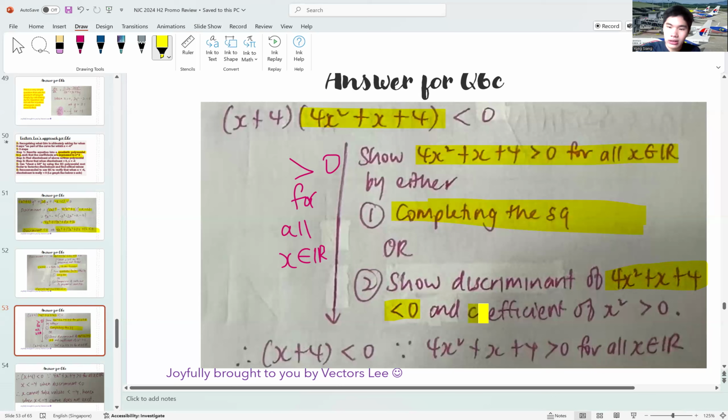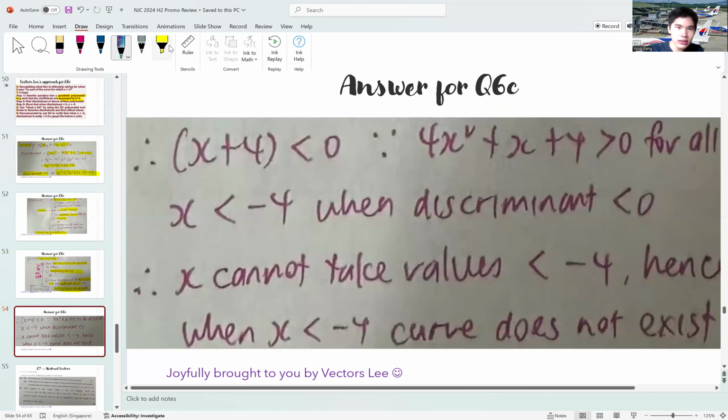And I must also show that the coefficient of x squared is positive, right? Because the coefficient of x squared determines the shape of the quadratic graph. So once I've concluded this successfully, I can safely make this claim over here. Then once I claim this, I'm just going to solve this in linear inequality. It is so simple. And then after that, I'm going to get x less than -4